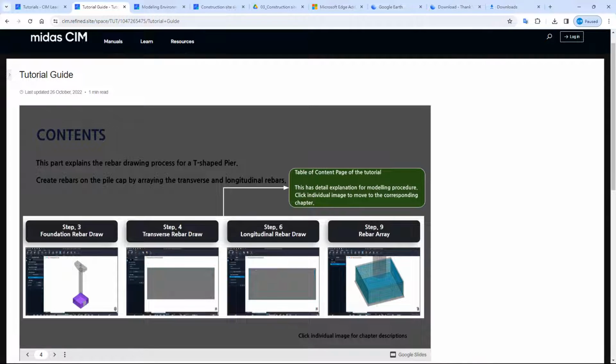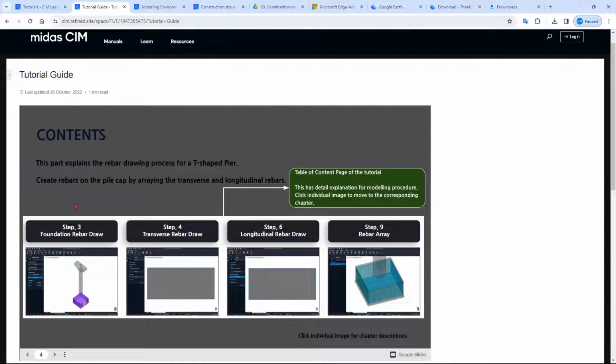Okay, so next, after the cover, you will see the contents and you will see the summary of the tutorial in here. And this is like the main step of the tutorial. Usually the tutorial will have many steps, but usually all of them will be divided by four big step tutorial.